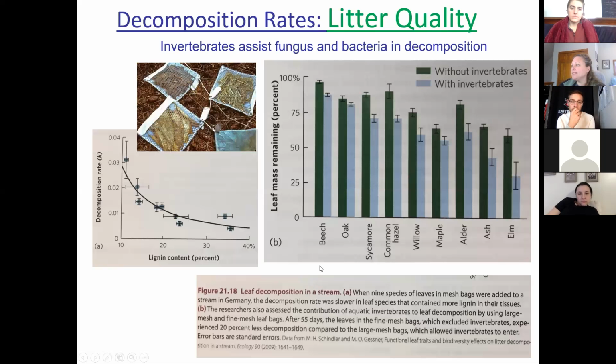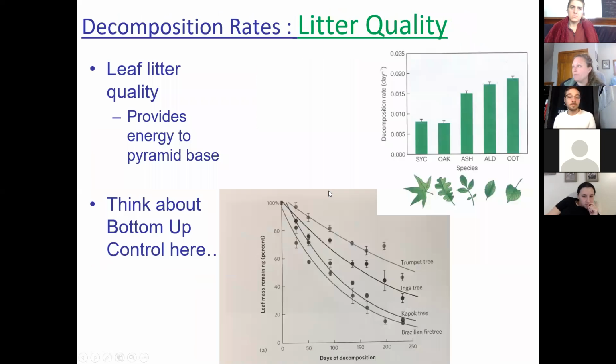Okay. And you can see beech, we've talked about beech and oak. Those have high lignin. Elm and ash have lower lignin. But notice if you add invertebrates into the mix, you get higher rates of decomposition, right? Without the invertebrates, we're looking at leaf mass remaining. So that's like the opposite of decomposition, right? So anytime you have invertebrates, we typically have more of it being decomposed. And anytime you have a leaf that has tougher skin, tougher structure, the beech, the oak, we have lower rates of decomposition as well. Okay.